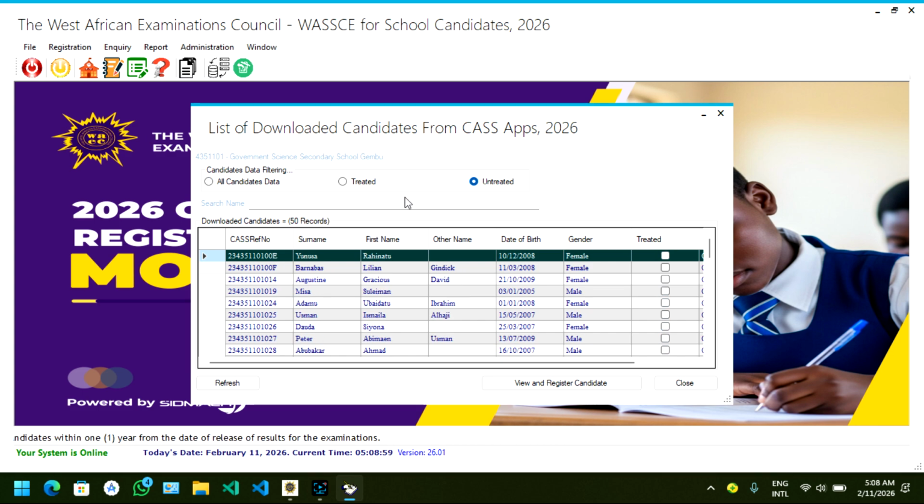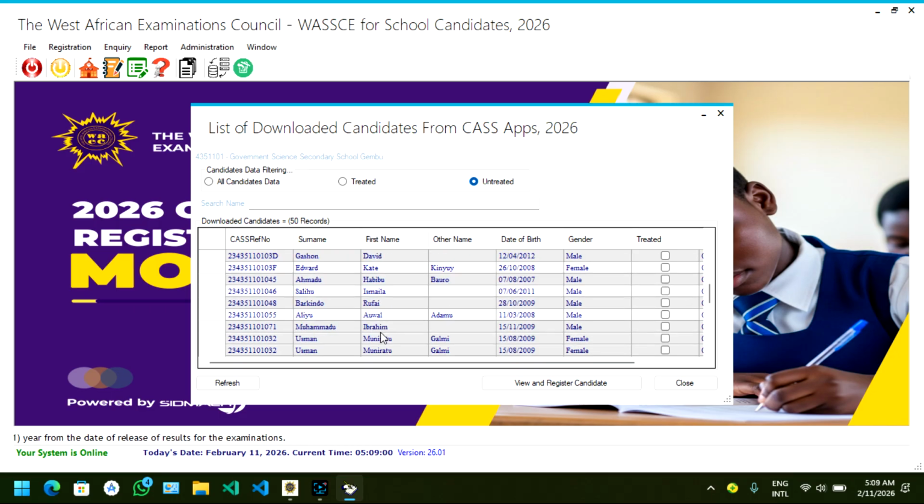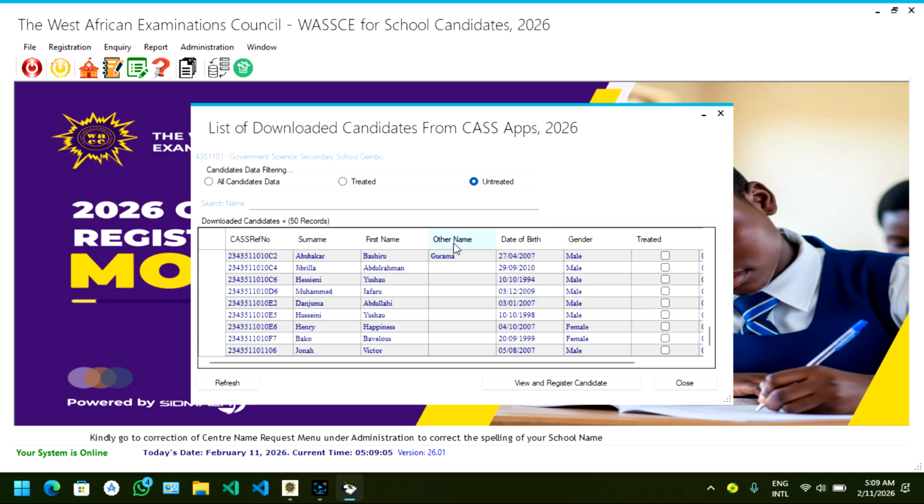Now, for example, a candidate name could have a missing other name, that is a middle name, a wrong date of birth, gender, and things like that. If you want to correct that, that will cost you around 11,000 naira per candidate. That's the payment you are going to make on the WAEC request portal, and you choose your state office. They will be the one to be able to handle that